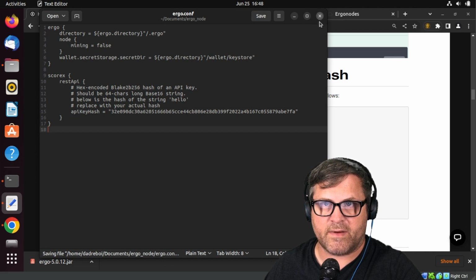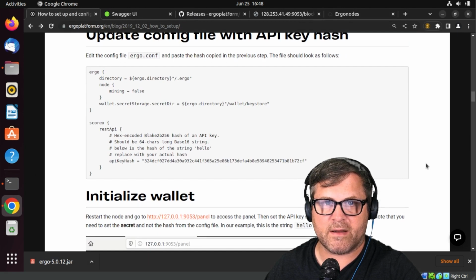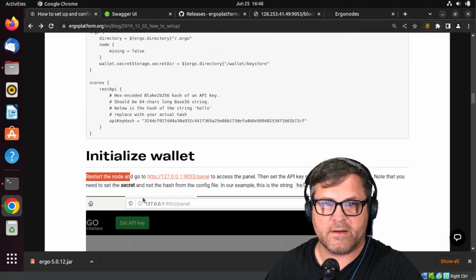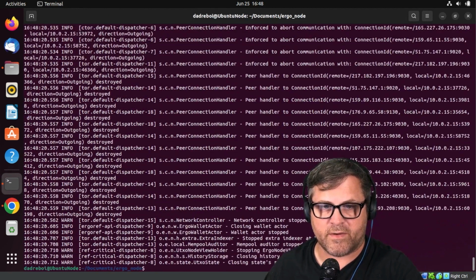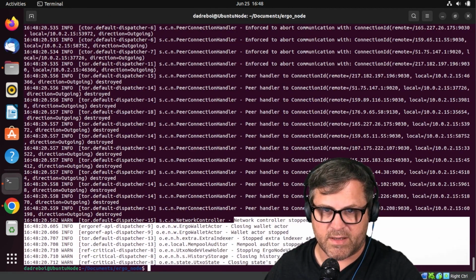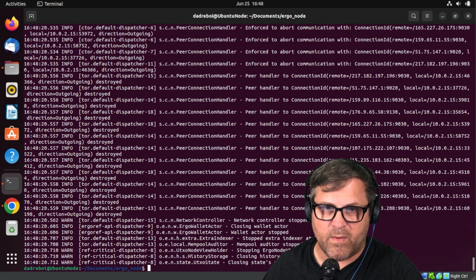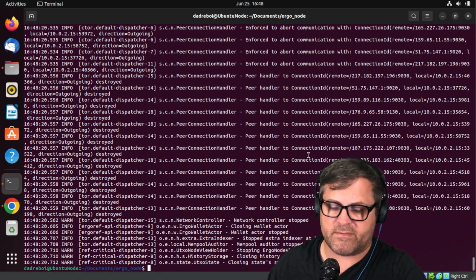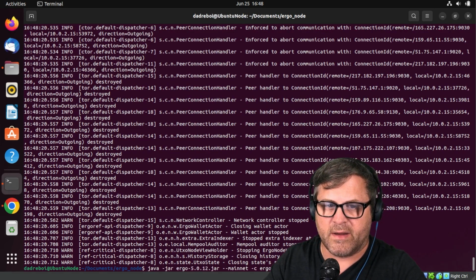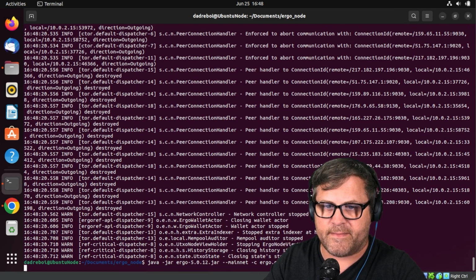So now that it's saved, I'm going to close it, and it suggests to restart the node. And how do we do that? We go to the node in the terminal, and we Control C, and we wait, and you'll see it does everything. It's not wise to absolutely force quit this or anything like that. You should stop it nicely. I've heard some, maybe it's just with Explorer, but it's better to stop it nicely. So we run the command again to start it back up.